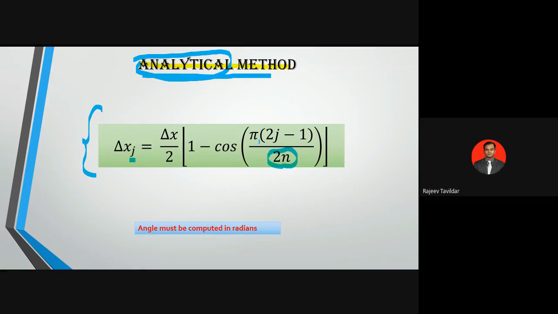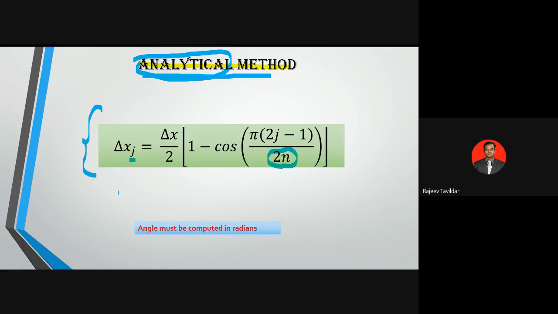Now, the graphical method might take time because you need to draw a circle of appropriate diameter, inscribe an equilateral polygon, and all those things, and then physically measure it, where you might go wrong. Even a slight change in the dimension while drawing the circle, and all your final answers will go wrong. But the analytical method is based on an equation, so you are going to get the exact results without any problem. And if you put it in your calculator in an appropriate mode, then by a press of one button, you can set this j range from 1 to 4, so you'll automatically get delta x1, x2, x3, and x4 in one single table.